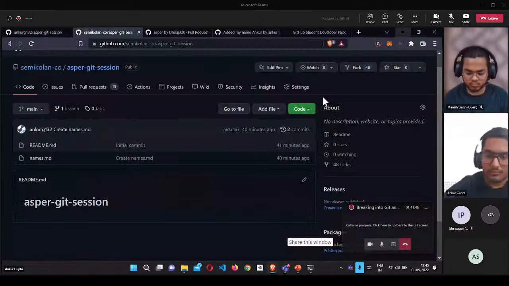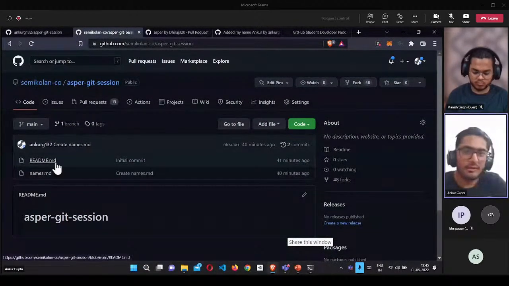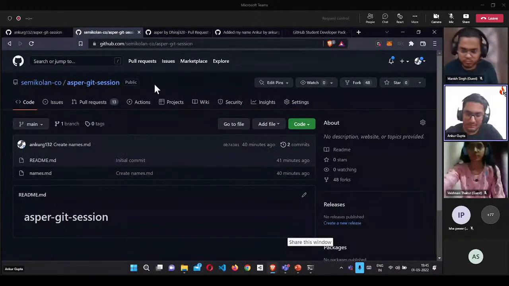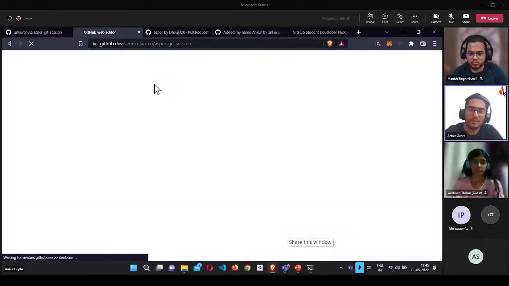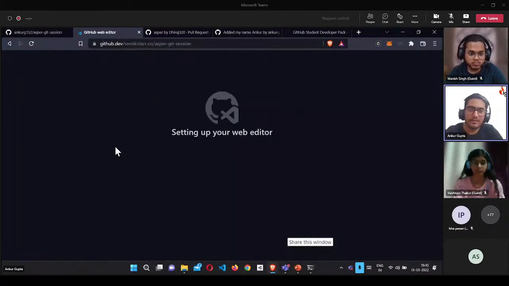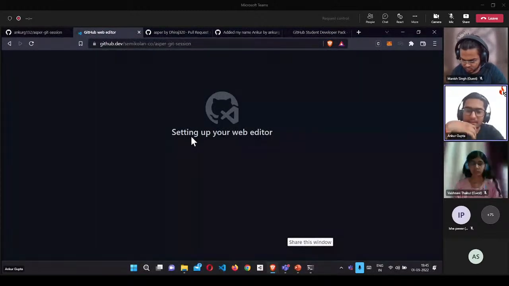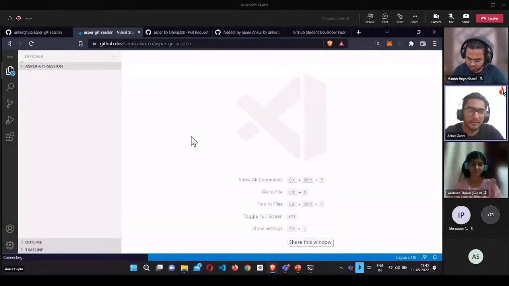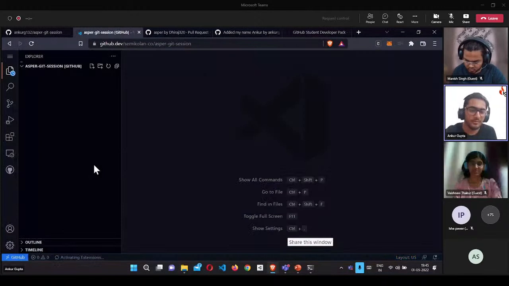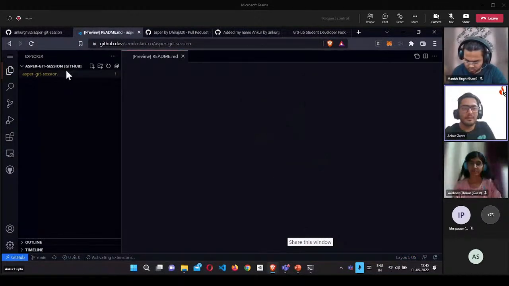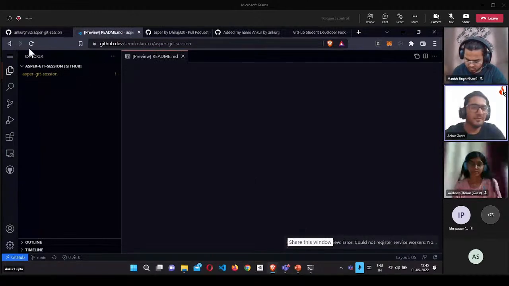There's also something that let me show you. Since you are here in this repository, you can just press the dot button on your keyboard. What I'm doing is pressing this dot button on my keyboard, and there's this nice GitHub web editor. It's similar to VS Code. That is a recently new feature of GitHub that you can directly make your changes through GitHub in a VS Code like interface. It even includes extensions that you use in your Visual Studio Code and everything. Just look at it, it's a lot more similar to VS Code. You can make all of your changes directly through this also. Just to give you a preview.